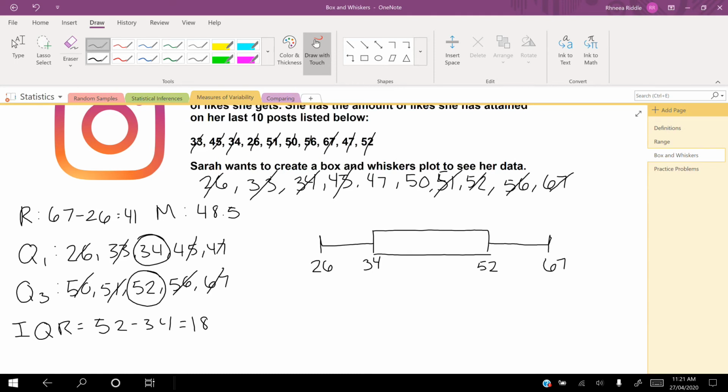So we want to put that line closer to 52 than 34, closer to the upper quartile than the lower. So that's going to be our 48.5 there. So we can see that here is our interquartile range of 18, and here is our entire range